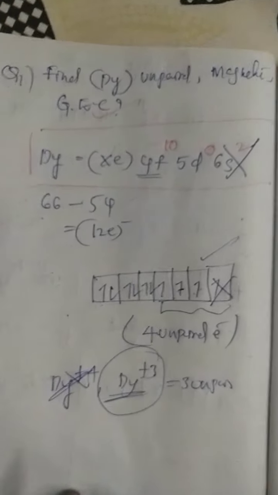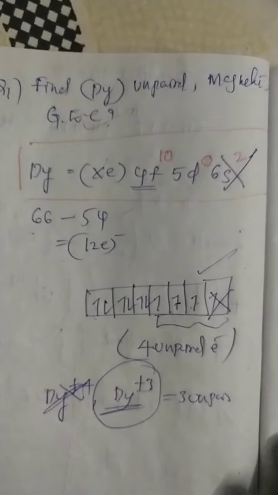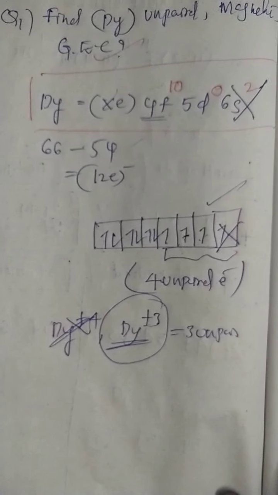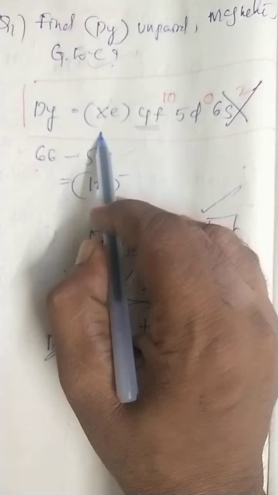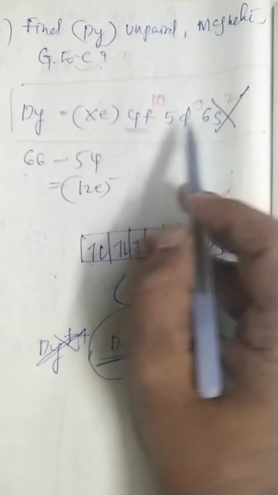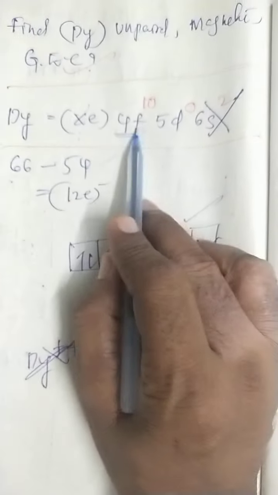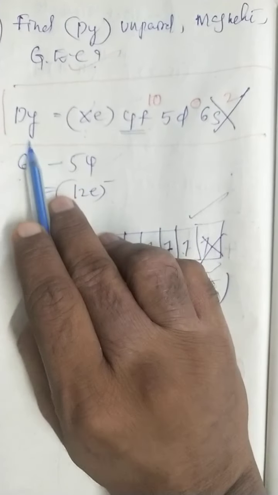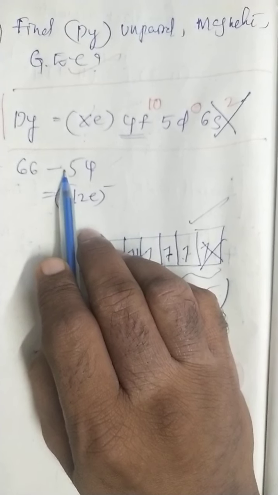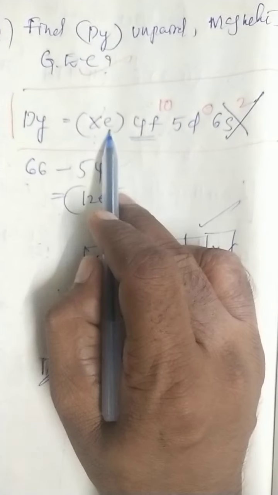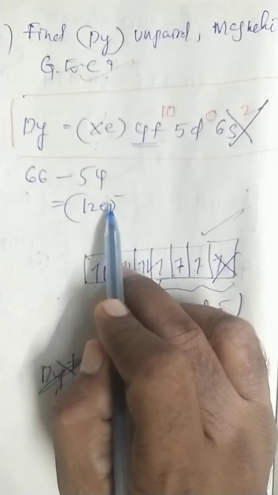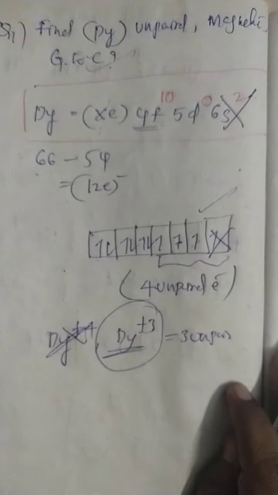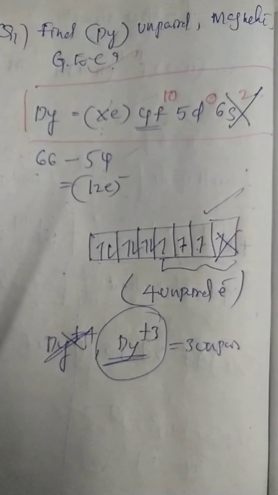So this is the electronic configuration of lanthanides. Again I repeat, my dear students, whenever you write the electronic configuration of lanthanides, first write the general representation, xenon 4f 5d 6s. After that, take the atomic number of the given element and subtract the xenon atomic number. The electrons that remain are distributed in the orbitals. So you can easily write the electronic configuration. Is it clear, my dear students? Okay.